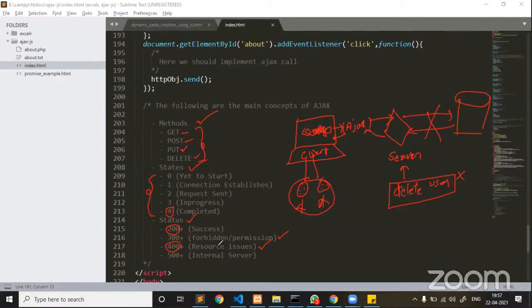This is resource related, my dear friends, and this is internal server related and code related, and this is permission related. 300 is permission related, 200 is success related. 200 series, either 200, 201, 202 till 299. Don't even ask me, sir, can you explain what is 277?